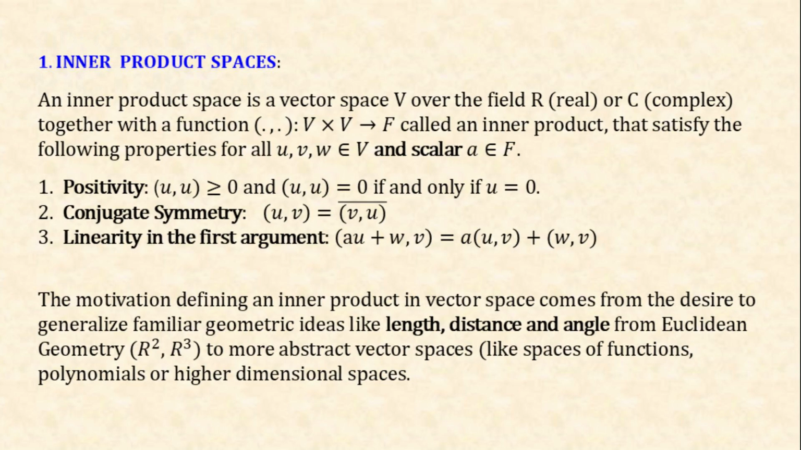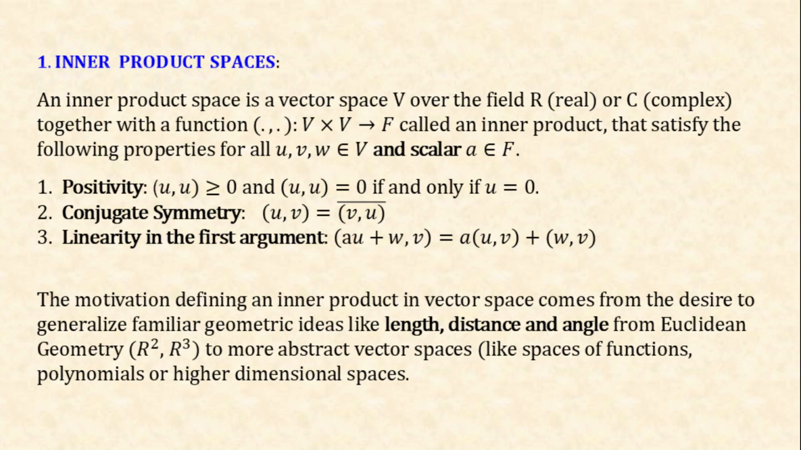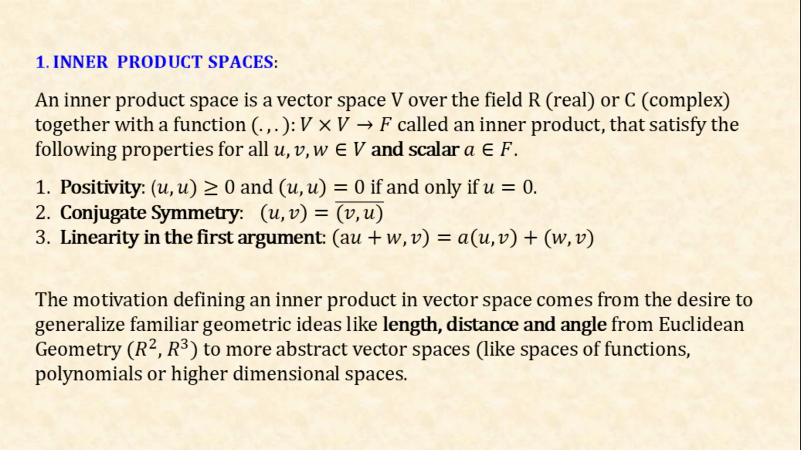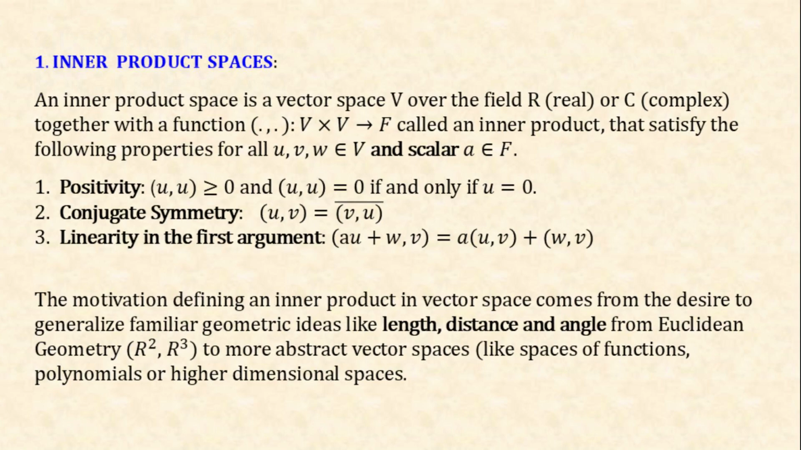Second, conjugate symmetry says the inner product of u, v equals the conjugate of the inner product of v, u. The third axiom is linearity in the first argument, that is, the inner product of au plus w with v is equal to a times the inner product of u and v plus the inner product of w